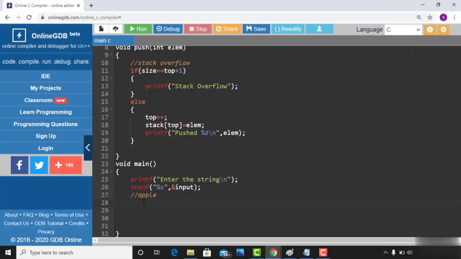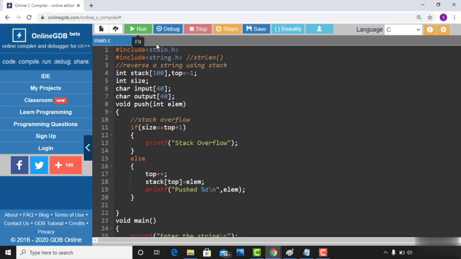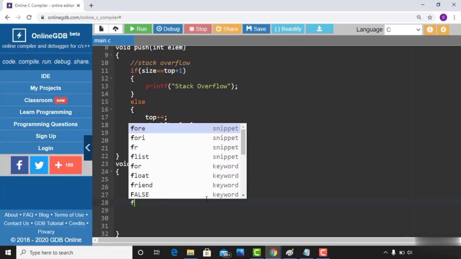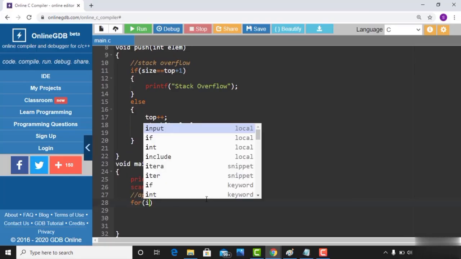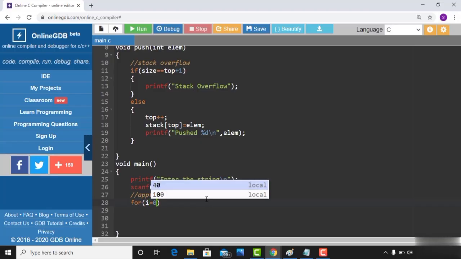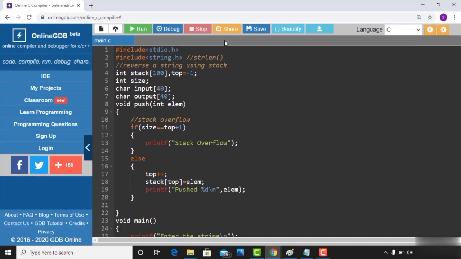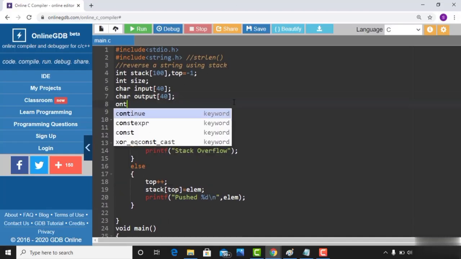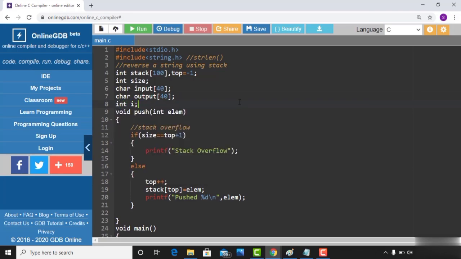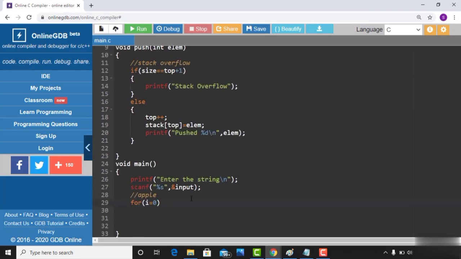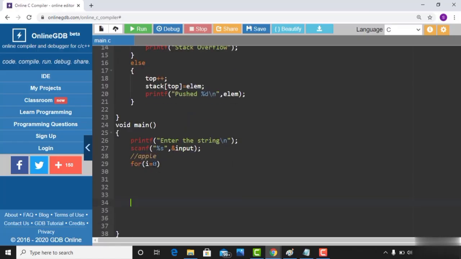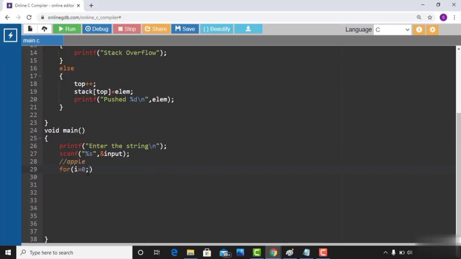Also, you have a null character at the end of every string and you can also search for it. You don't need to get the length. That's a different concept, I don't want to interfere with that here, so let me go with the length. So for i equals 0, and of course you have to declare this i counter also. Let me use it as a global variable because I'm going to use that in some other functions also. So i equals 0, i less than or equal to